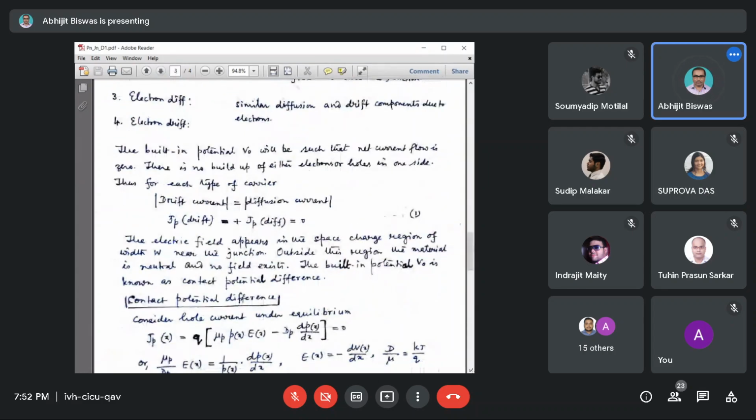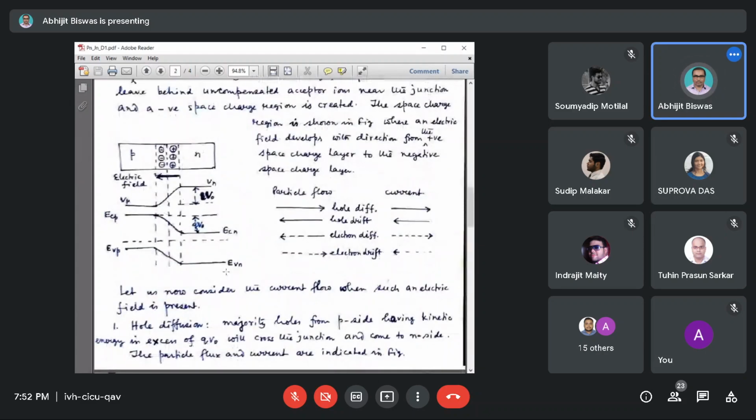Here you can carefully observe this band diagram. The lower one is the band diagram; on the left hand side of this vertical dotted line it is the p side, and on the right hand side it is the n side. Here you see the edge of the conduction band. It is higher on the p side. Within the depletion region, it falls parabolically and then again remains constant in the neutral region.